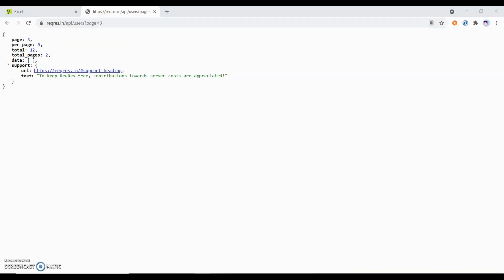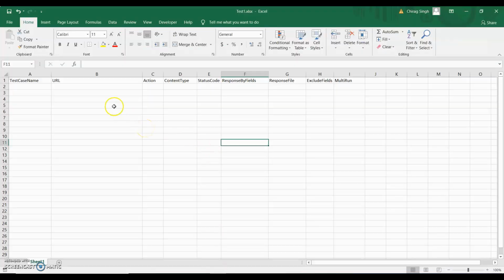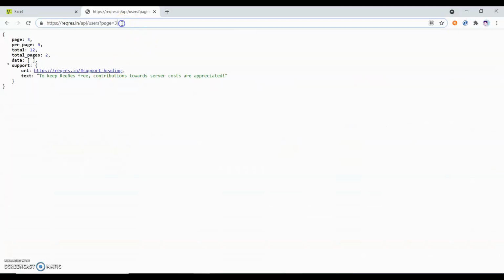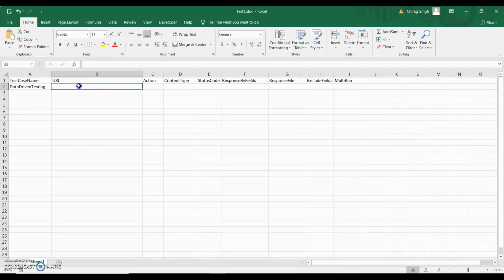So this is my Excel file. In this Excel file, I need to write a test case name. My test case name is data driven testing. What will be my URL? Let me copy this URL under the URL column.